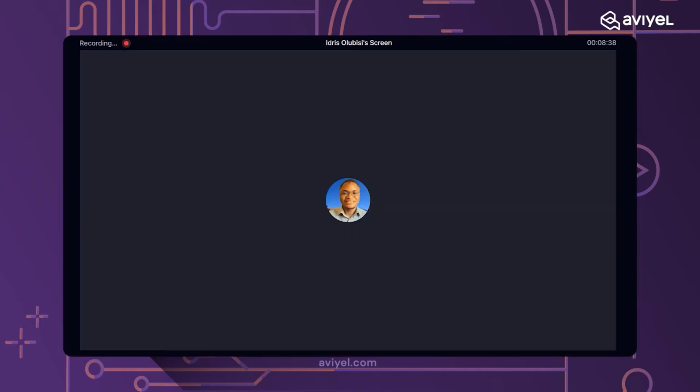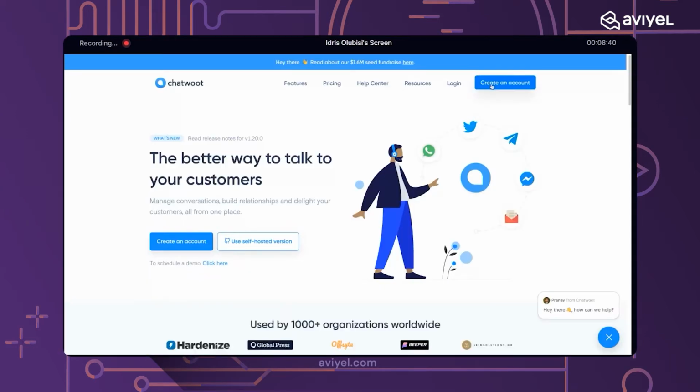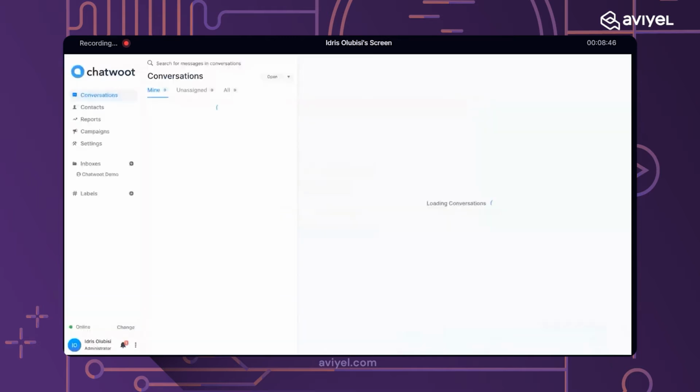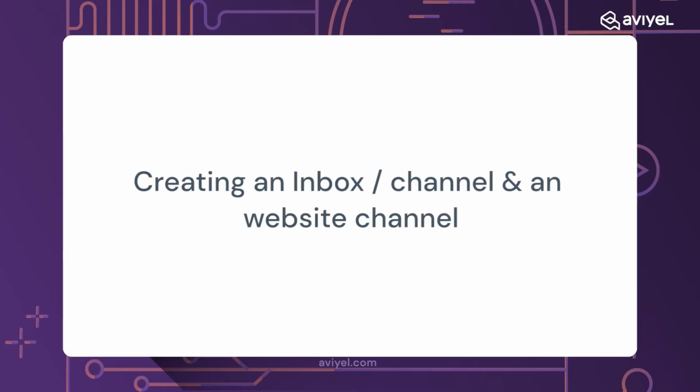If you don't have an account, then you can easily create your account here on ChatSuite. But because I already have an account, as you can see underneath, you can see this University Administrator. If you don't have an account yet, you can just sign up. When you sign up, you get an email notification, you verify your account, and you are ready to go.